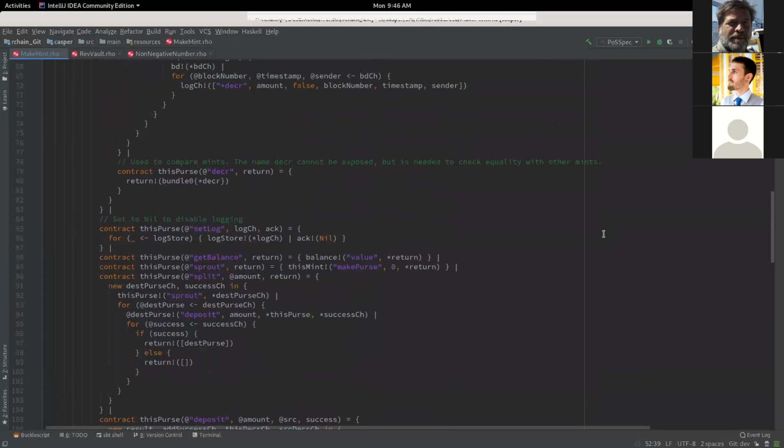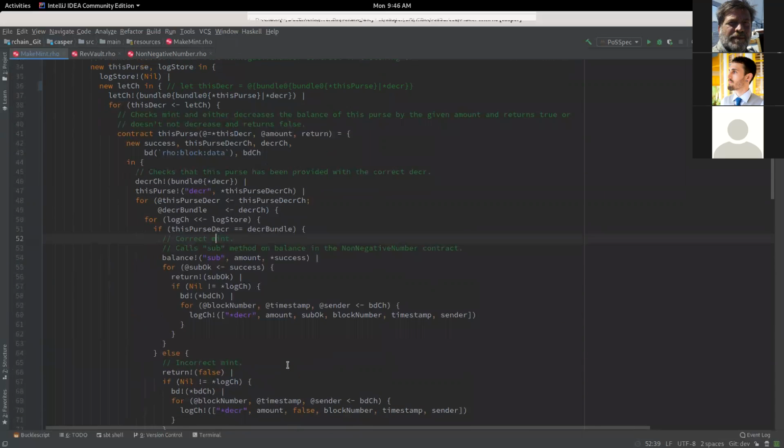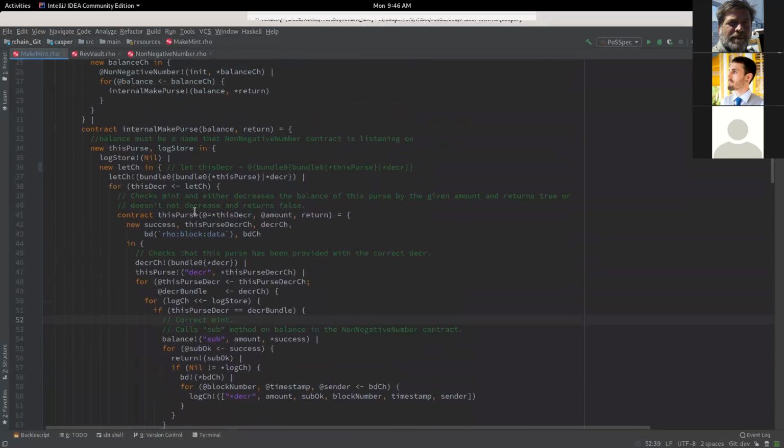So, there are a lot of methods being defined here in MakeMint. This one, the place that you do something like this is when you want to do a transfer.